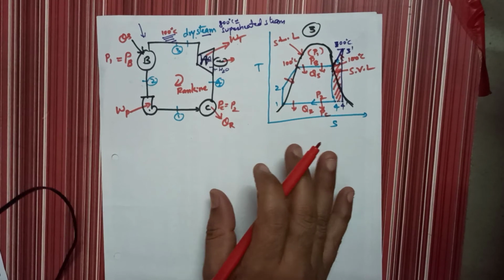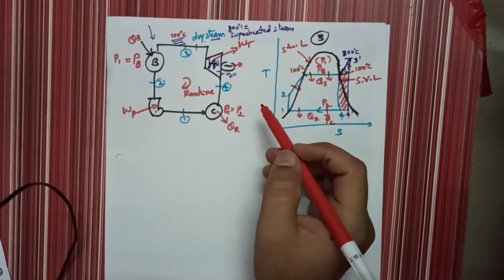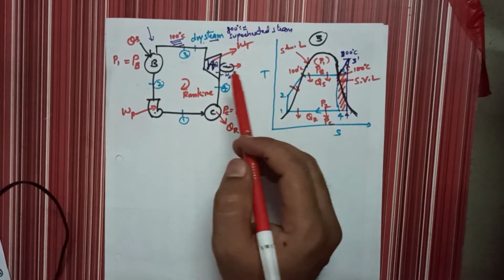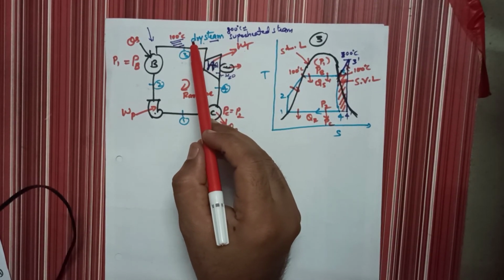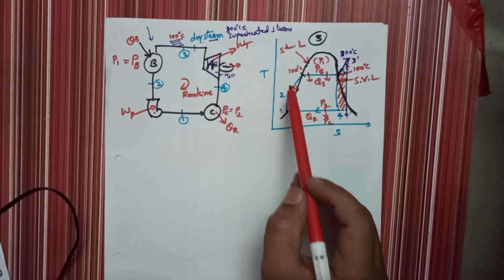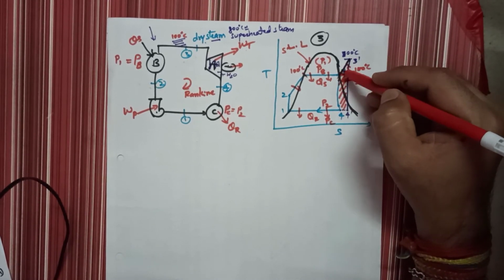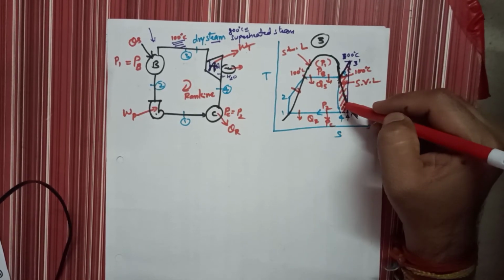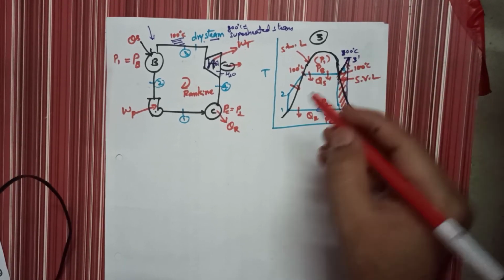So in the exam, what you have to write is, superheating is a method of improving the efficiency of the Rankine cycle. With the superheater, the temperature of the steam passing to the turbine is more than 100 degrees Celsius, and you have to draw this TS diagram. This region is the superheater. So due to the superheater, the area of the Rankine cycle is increasing. Area is increasing means obviously the heat supplied also increases.